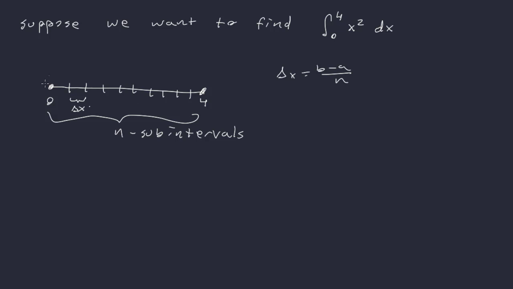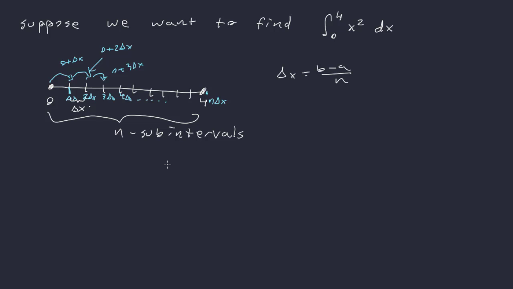All right, so that means that this x value is going to be 0 plus delta x, and then this one is going to be another delta x, so 0 plus 2 delta x. Then 0 plus 3 delta x. So really, this x value, I've set it up. Thankfully, we started at 0. That makes it easier, but it's going to be delta x, 2 delta x, 3 delta x, 4 delta x, all the way up to